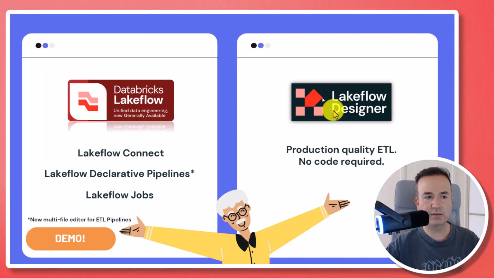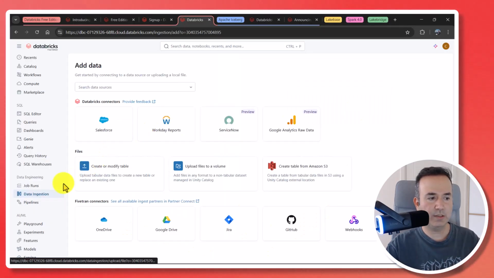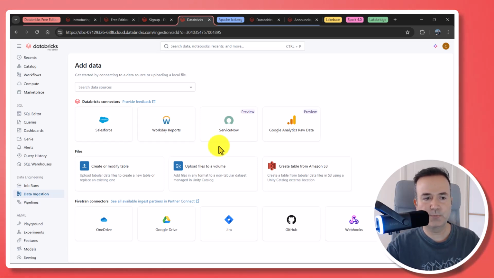Databricks also announced that Lakeflow is now generally available. With Lakeflow, there are some critical components such as Lakeflow Connect, Lakeflow Declarative Pipelines, and Lakeflow Jobs. Okay, now let's check them with a demo. From the Databricks Data Ingestion menu, you will see the Lakeflow Connect features. Previously, there were Salesforce and Workday connectors already, but now we have got some new connectors, such as ServiceNow,